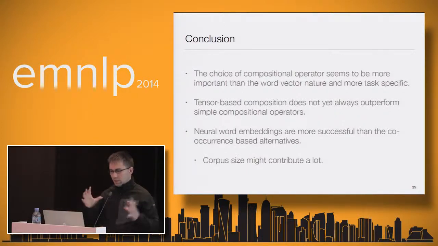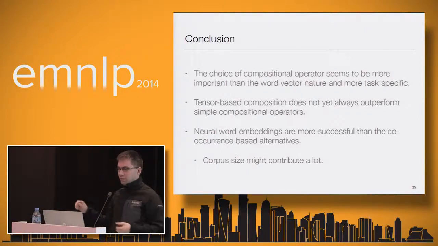People can start thinking about compositional ways and not care that much whether their vector space is good enough, or whether it is tuned to the maximum. Unfortunately, tensor-based compositions don't yet outperform simple addition and multiplication, as our second task shows,